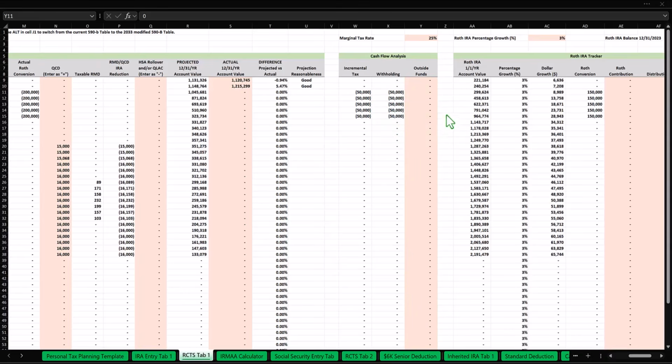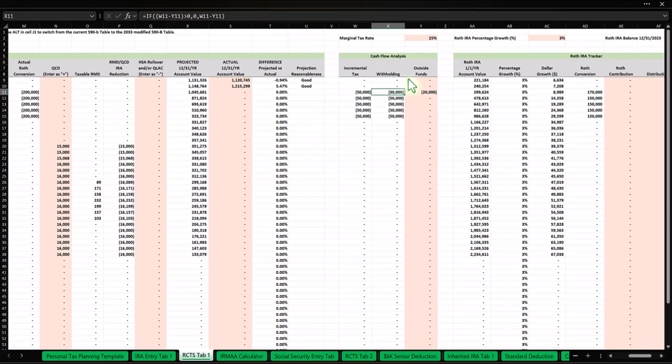However, if they wanted to use outside funds, and that means using money that is not coming from the distribution out of the IRA, it's simply using funds from some other source to cover the incremental tax. If they wanted to do that, which they did not state in the fact pattern, I am just straying from the fact pattern for a moment for purposes of completeness, but clicking right here, if they wanted to use outside funds of, let's just say, $20,000, then the amount of withholding on this distribution could decrease to $30,000, resulting